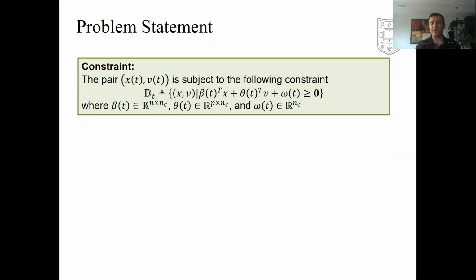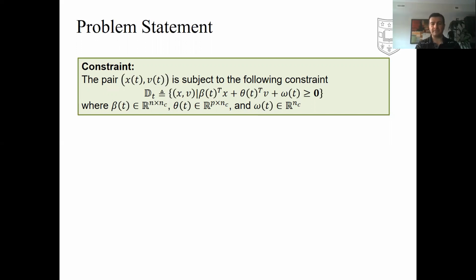We assume that the pair x and v, the pair of the state and reference, is subject to a set of time-varying linear constraints. If we denote the admissible domain at time t by D_t, this set of linear constraints can be shown via these linear inequalities. Here, beta, theta, and omega are proper and time-varying